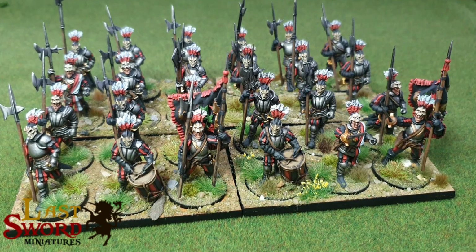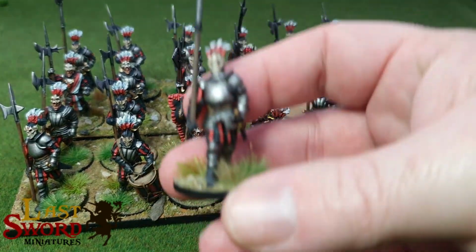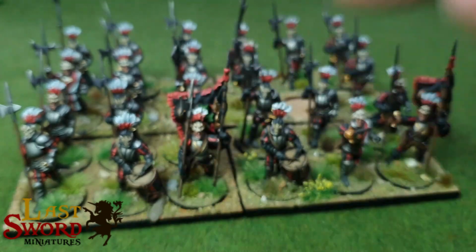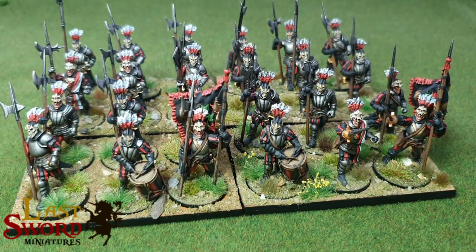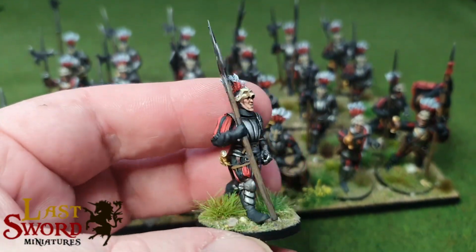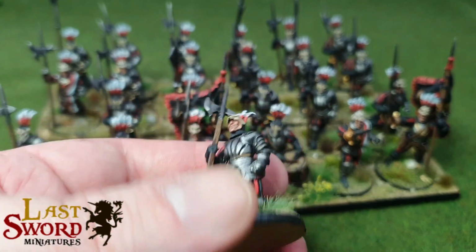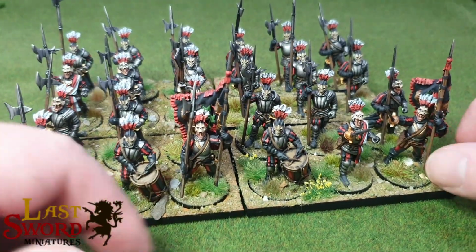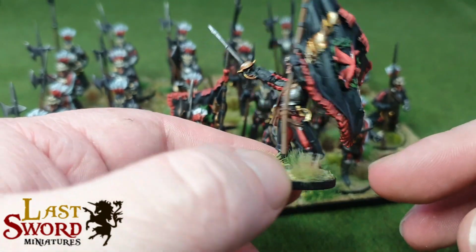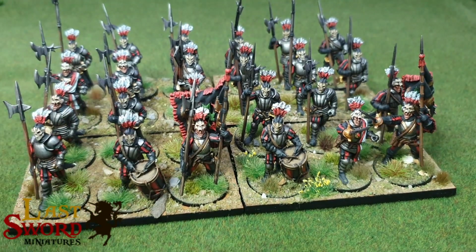These figures are made out of 3 different STL kits. So the main bodies, which are, as you can see over there, are basically full plate armored warriors. These are from the Paymaster's Guard set, which I already had. I then went to their website and picked up what I think are called the Ordus Draconis halberdiers heads, which are basically a vampire unit, but they had these skull helms with the feathers that I really liked. So I picked up those heads, and then I got the pikeman unit to get the command group and some bits and pieces from that, and then printed them all out in different parts,